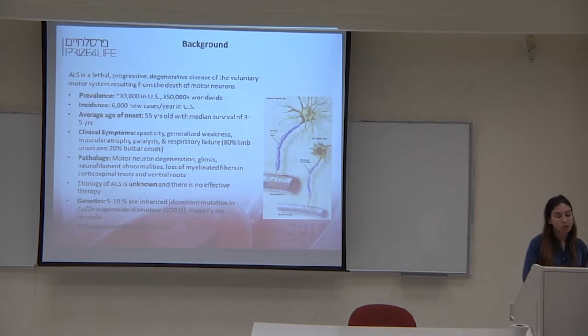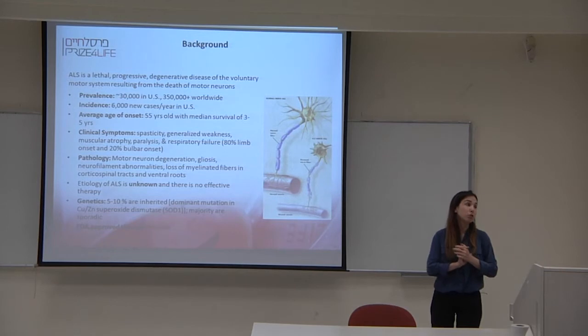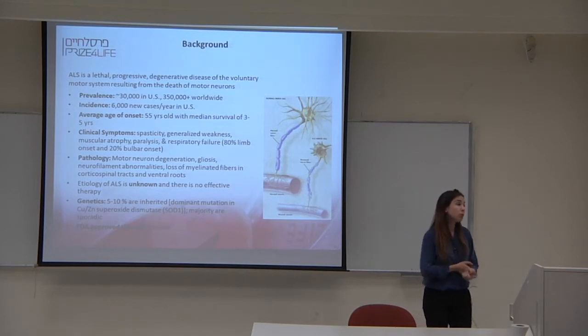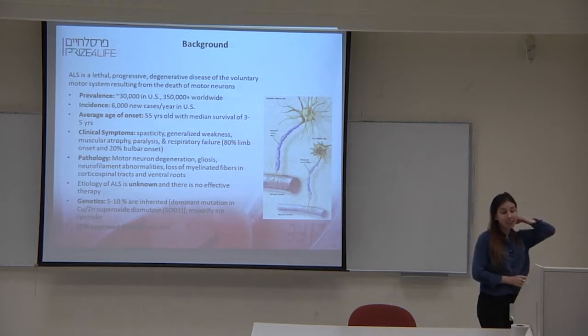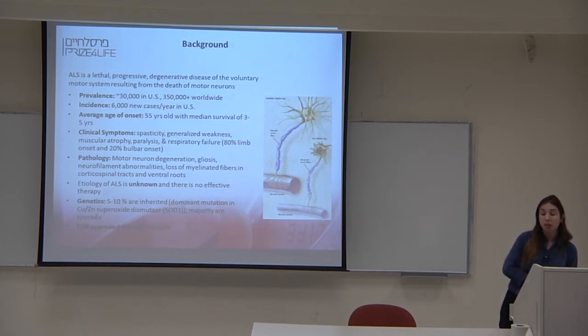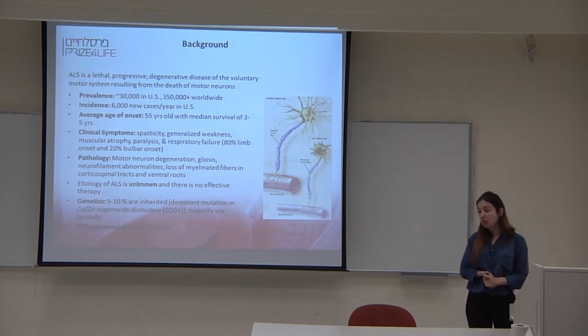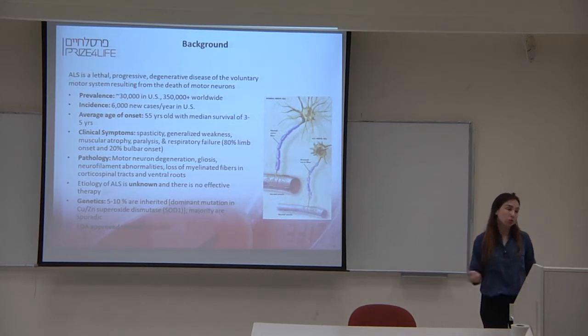There's nothing specific about ALS. And because of this complexity, ALS doesn't really have a treatment. There is one treatment approved for use today, called riluzole. On average, it extends survival by 2 to 3 months. So it's not a very effective treatment, and it has not-so-mild adverse effects on the patient. So not all patients choose to use it. And effectively, a lot of people in the field would say that there really is no treatment for ALS.